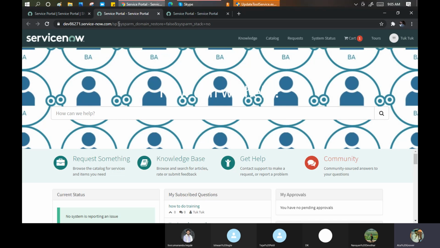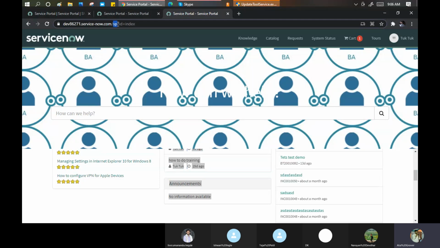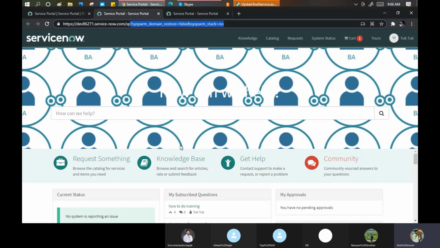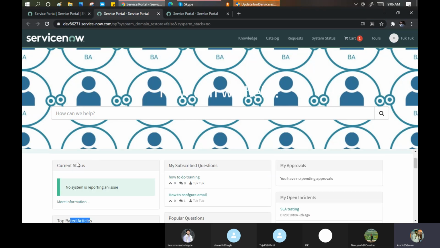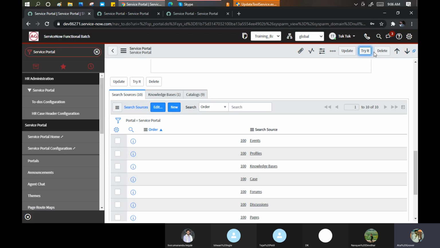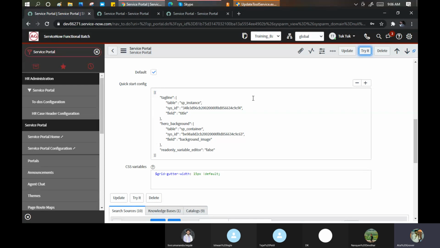It will be similar, but if you see, it contains a parameter as well. In actual production, it will just contain one parameter. So it gives you a feel of how you can make changes. If I click on top articles and want to make some changes in this particular part, and I don't want to show it to the customer immediately, then I can use Try It on my portal. This is one of the good options ServiceNow gives us, so that you can utilize this functionality very easily without actually impacting the customers.